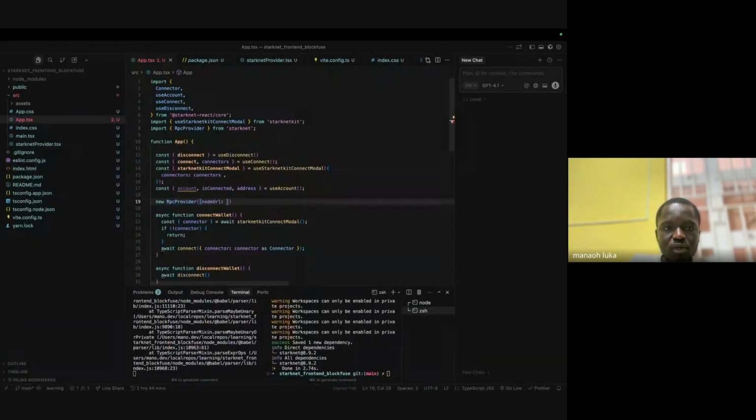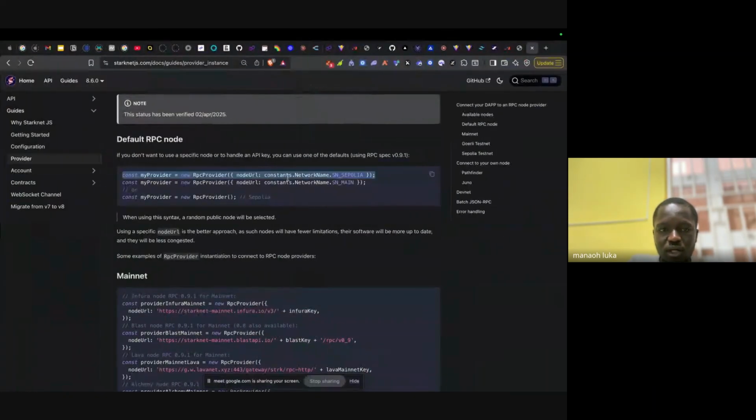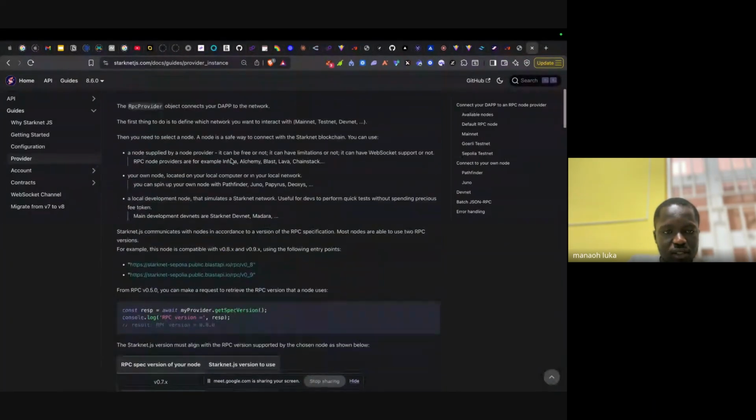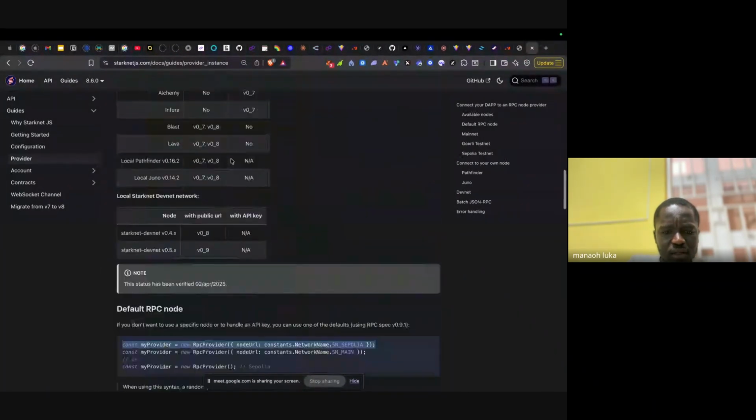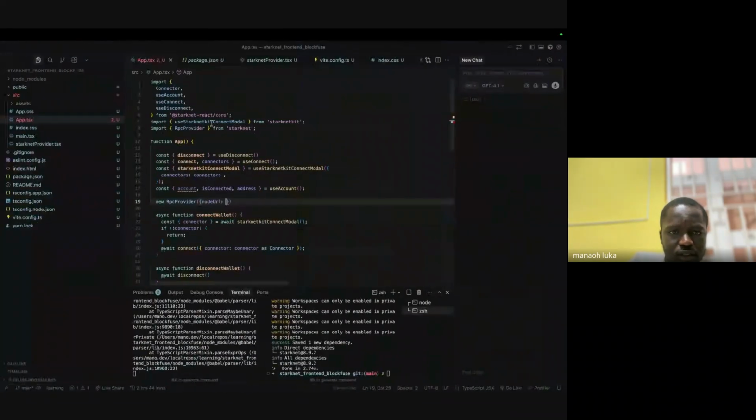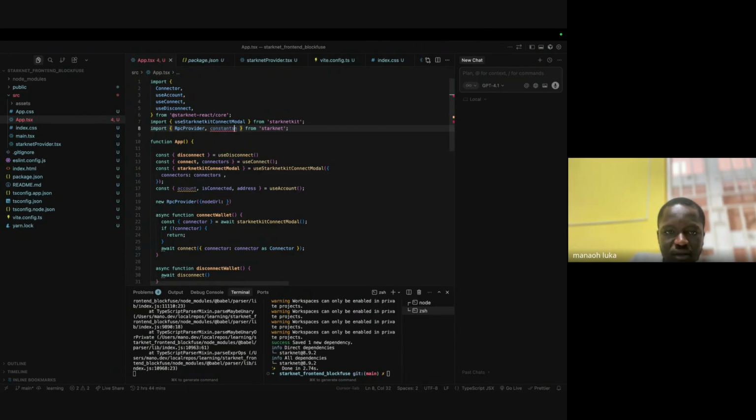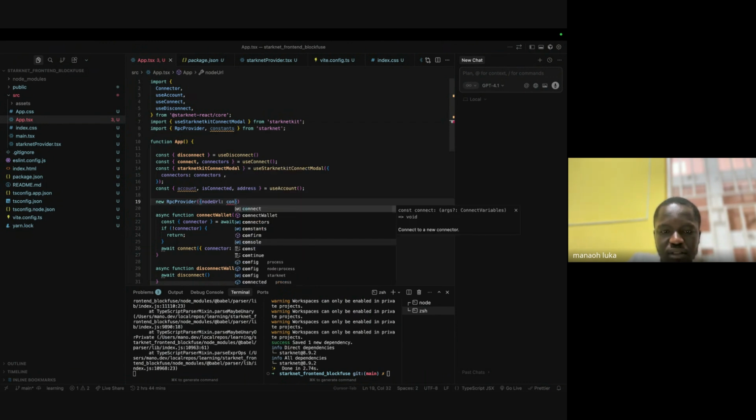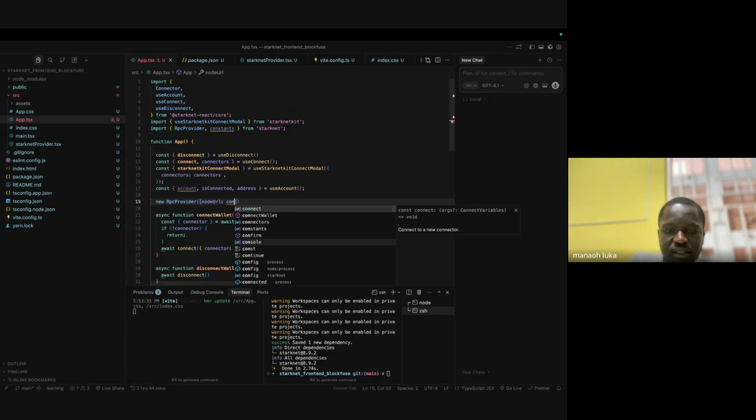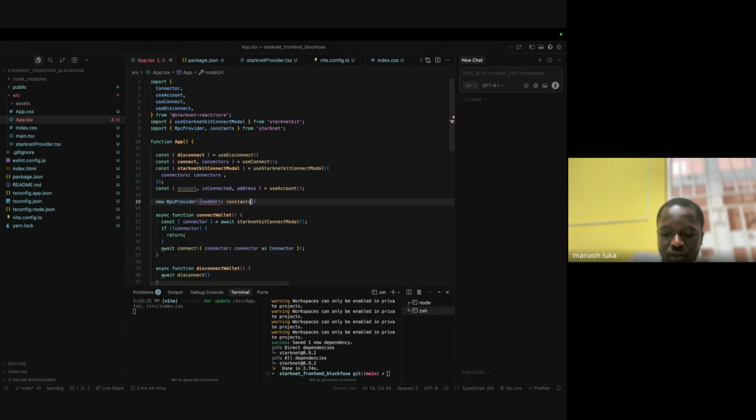So to get the public one, I could just get from constants. I think constants is from Starknet also, right? So let's try and see. So all these constants are the necessary constants that are saved. So you don't have to go and copy the link to paste it. They have already saved it embedded in the SDK. So we say constants dot,